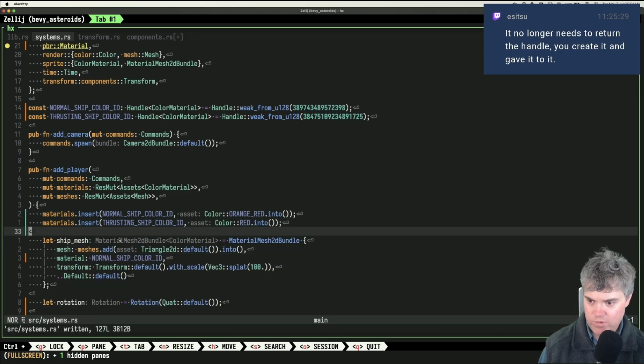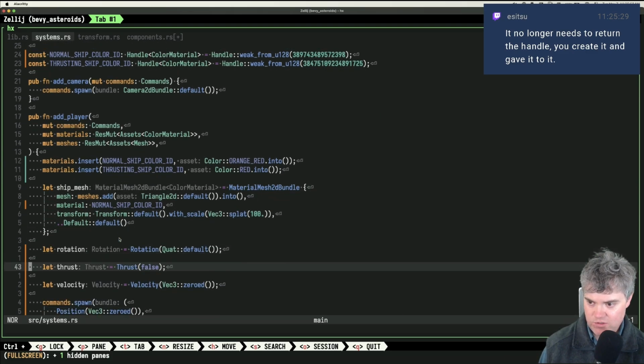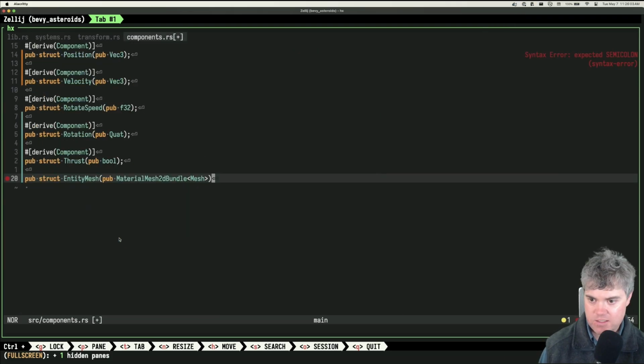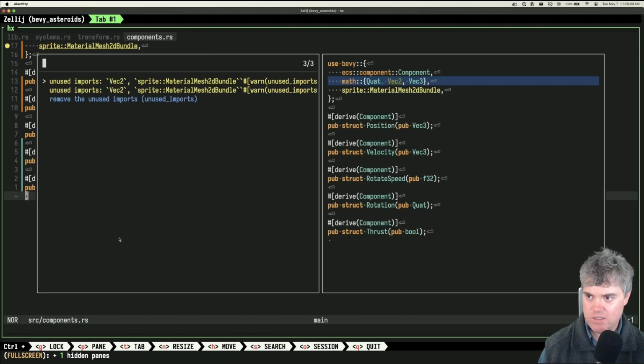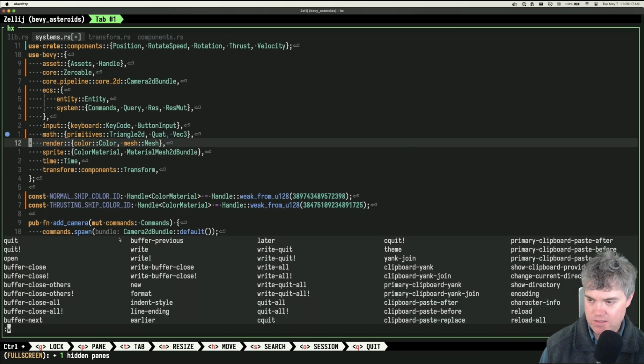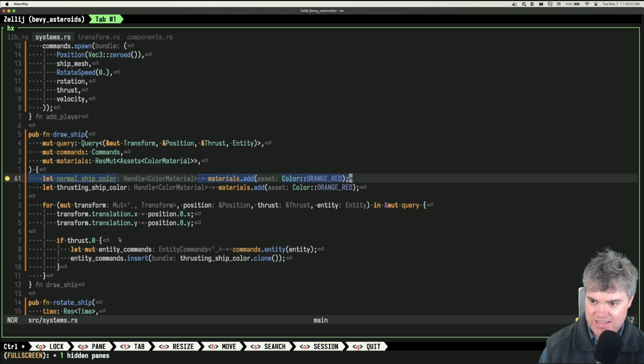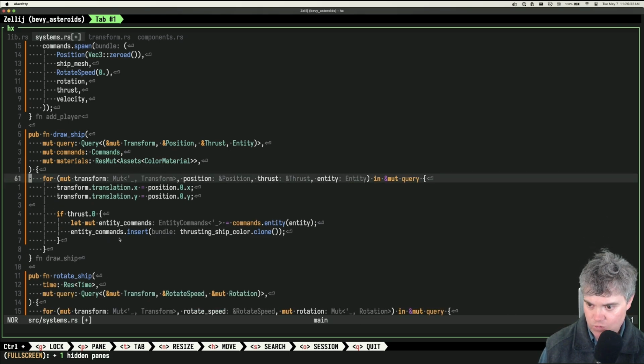Okay, so we insert those. We have the IDs. We get that. We do that. Okay, so we have expected a semicolon here. We're not using you, so that's fine. Let's get rid of some of these warnings, that way we have nothing weird. Now I don't need to get these anymore. Now instead, what I want to do is insert commands.